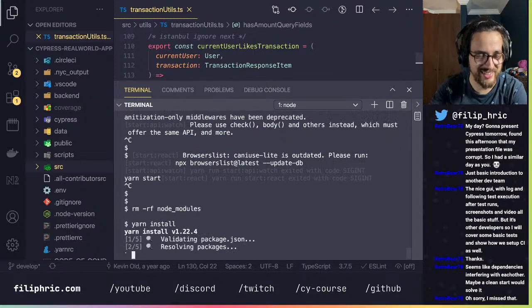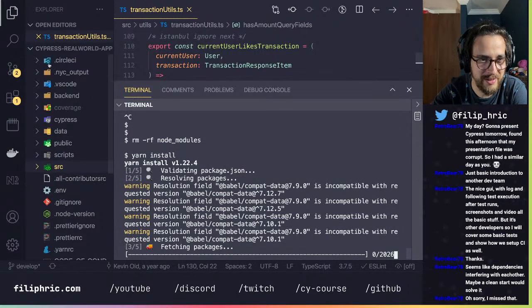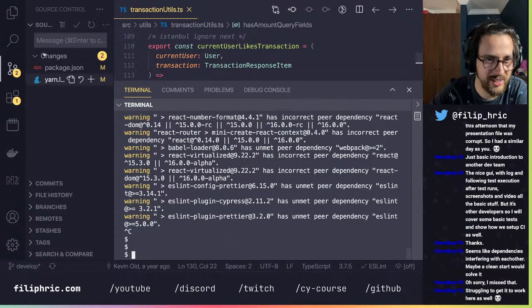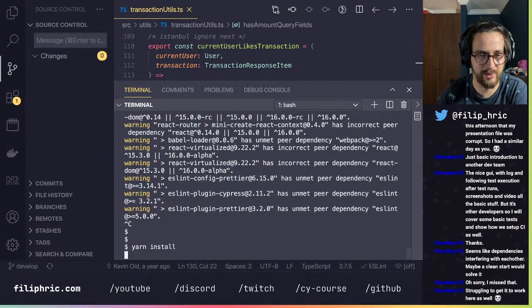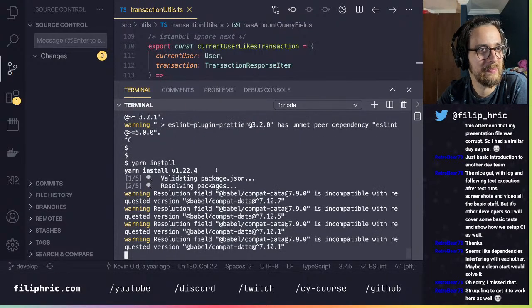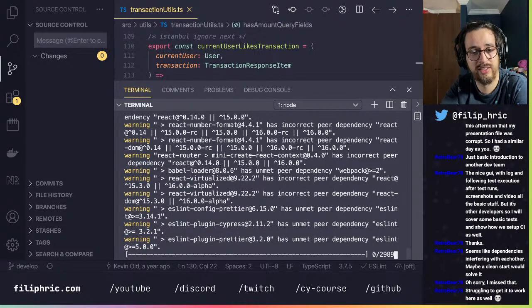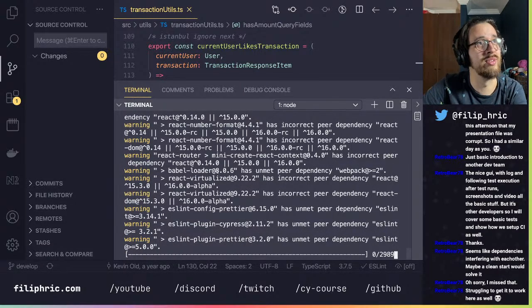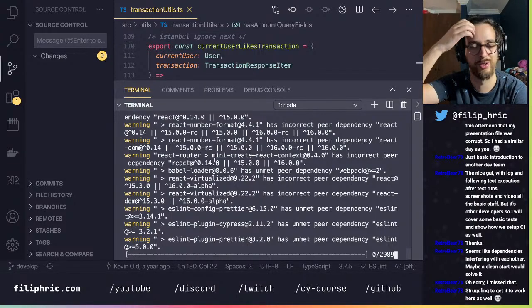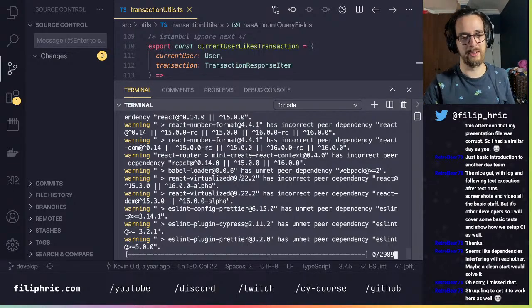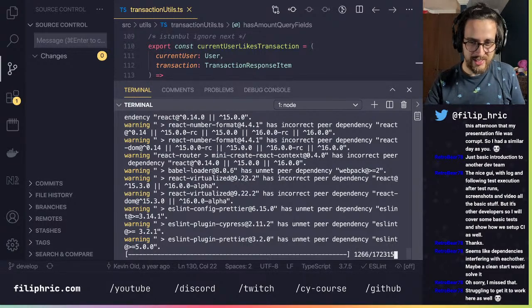Let's try that again. Let's yarn install. We're on the develop. Oh, no, wait. Let's just put this all back, discard everything, and now let's yarn install. Oh, you're struggling too? Well, I didn't know. I thought you had it running, because you cloned it and opened it and seems like everything is working. And it's not.